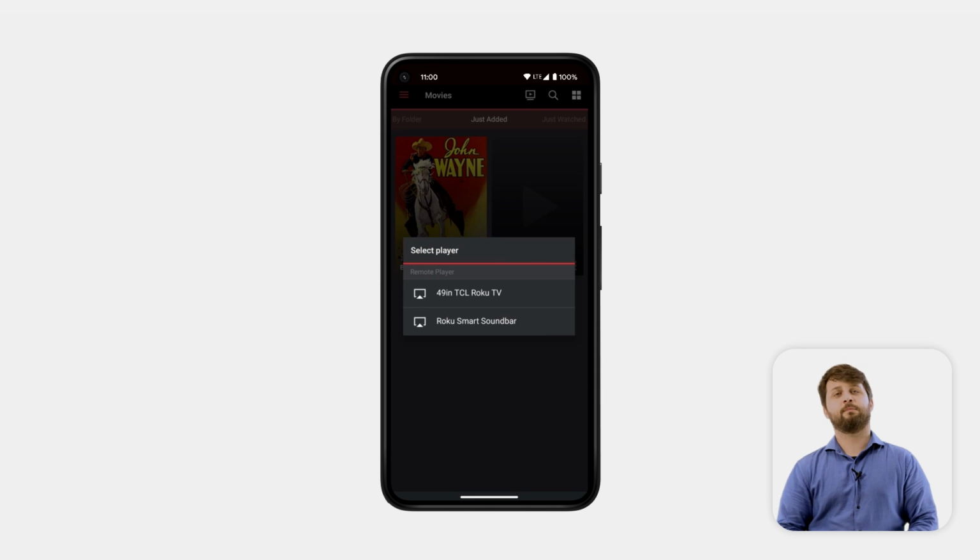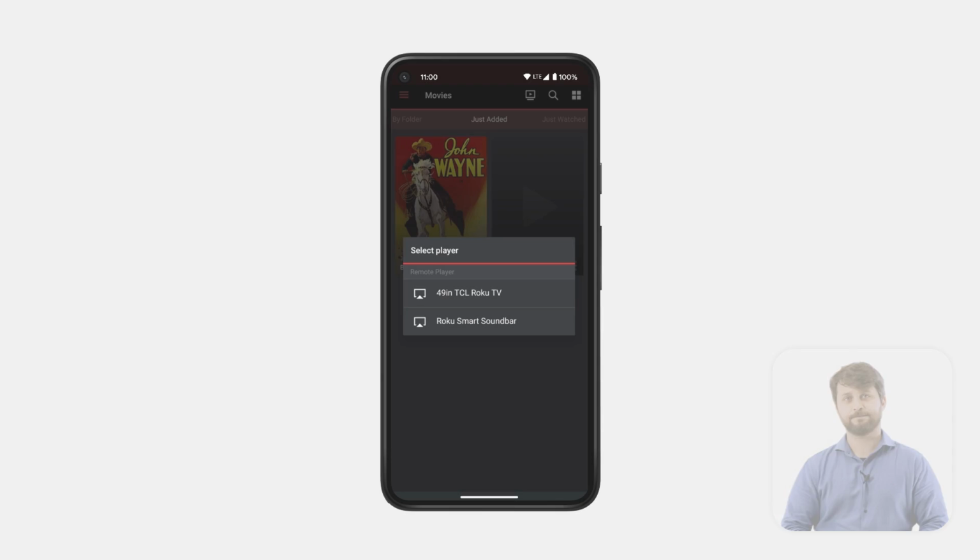Once you do so, it'll open up the player menu for that specific movie, and your movie will begin casting to your smart device at that point in time. So it's definitely a great handy tool to utilize DS Video in conjunction with Video Station, especially if you're going to be on the go, maybe flying somewhere. You might want to download the movies locally to your local device so that you can watch them regardless of your status on the internet.